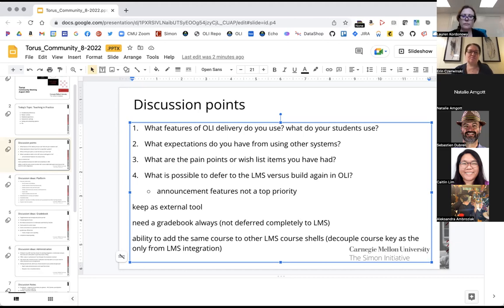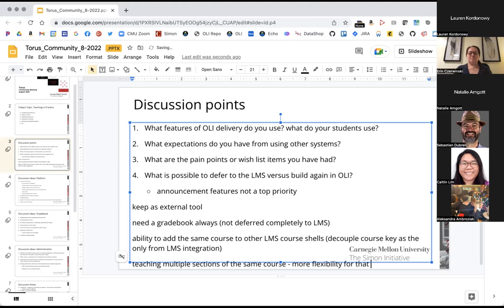Unrelated, but maybe sparked by what you just said and what Lauren was also saying is a way to facilitate the work for instructors who are teaching multiple sections of the same course. So either merging sections or being able to visualize different sections at once, or I don't know what instructors prefer. I know I had instructors